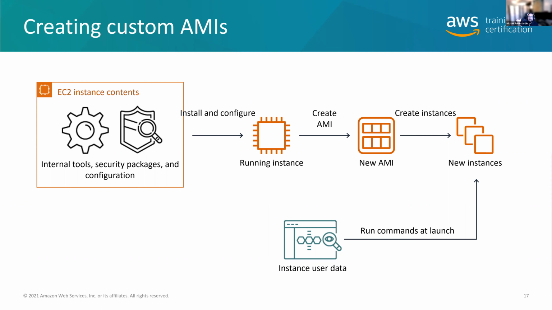So you could create an AMI, and then with that new AMI, you could spawn multiple copies of that particular configured operating system. Now you can do something called instance user data, right? Where you basically change what the system does at boot time. You can actually have it run commands like PowerShell or Bash scripts or some variation thereof. So just know that you can have an image that has everything baked into it, like SQL Server or Tomcat or Nginx, whatever it is that you're doing. And when it boots, it's going to launch all that software.